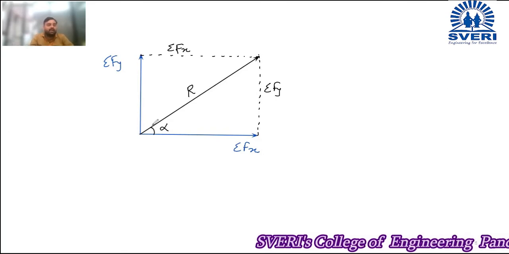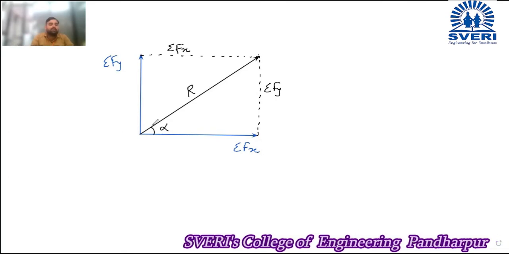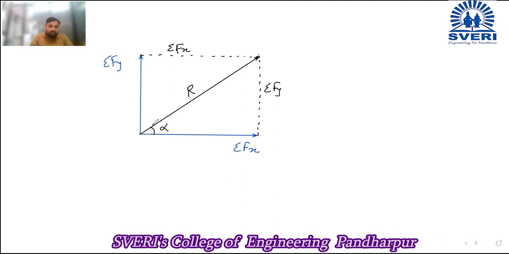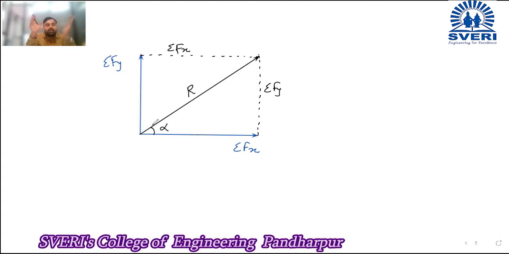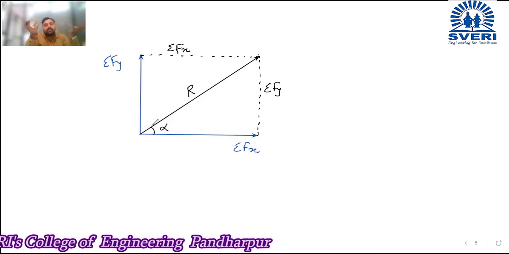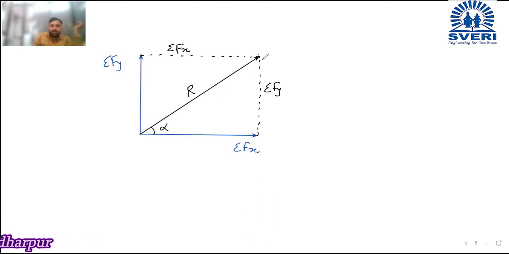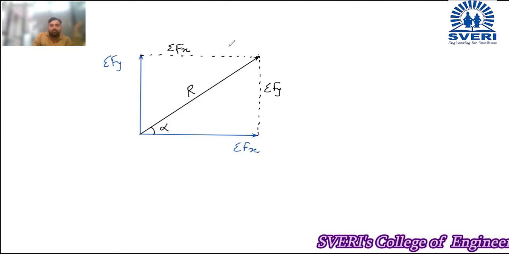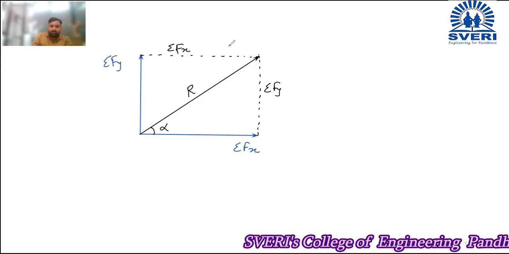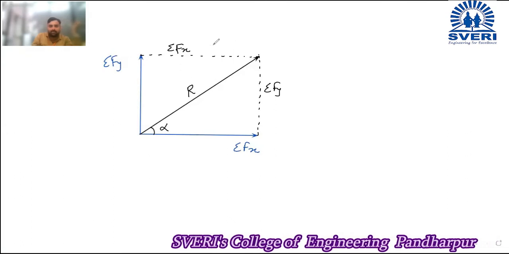You know that the angle between x-axis and y-axis, how much is the angle? It is always 90 degree. So once the angle is 90 degree and the two sides are parallel, then it is either a rectangle or a square. So now if you see here, this is your diagonal, that is the resultant R. This angle is the angle of resultant alpha. Now how that formula comes, we will validate that once again.